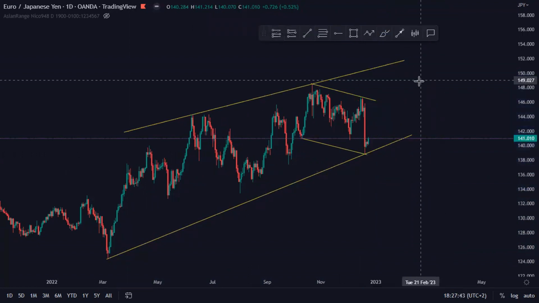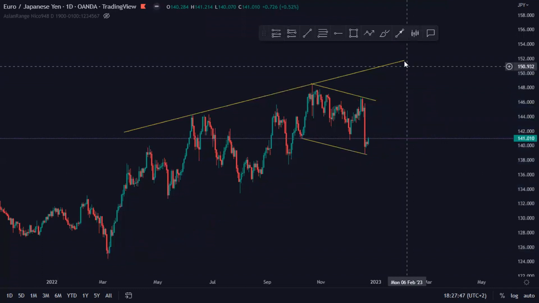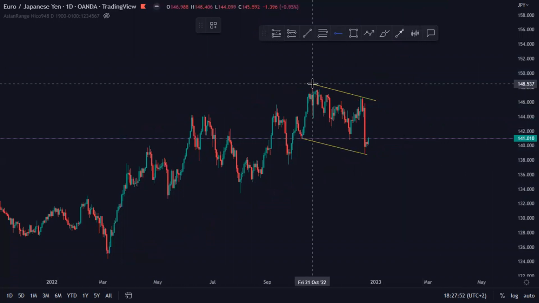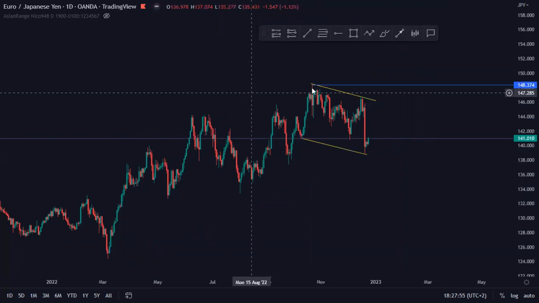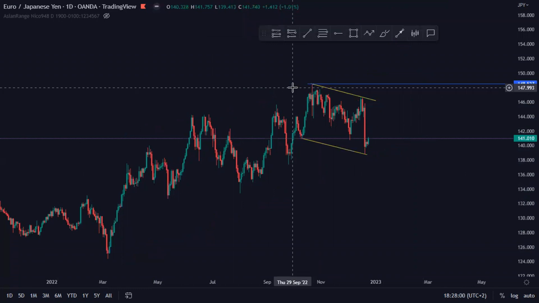So let's just clear this, then clear this. Then just put our rail line here, because this is a top we are anticipating, and that's fine with us for now. Then just drop onto our 4 hours